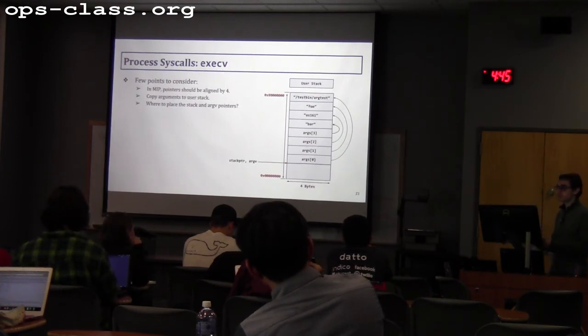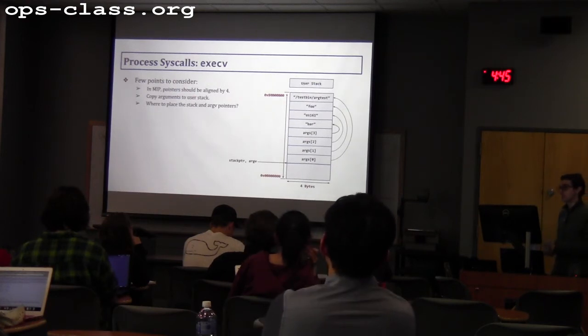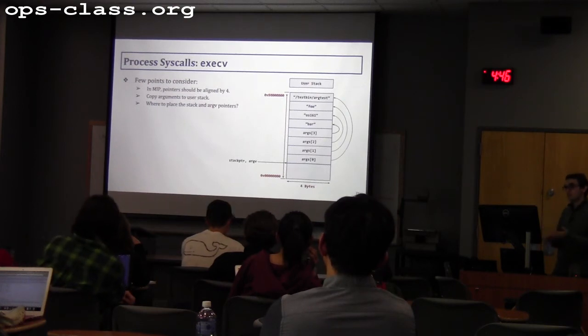For example, let's say I have foo as my first argument, and it's not the path name. So how should I push foo into the stack? It should be: push null first, and then you push OOF. And then you go into the OS